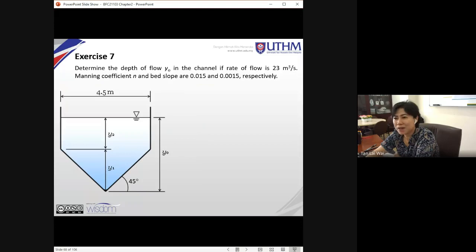And then the bed slope is... Sorry, I think my connection is not very good. And if you look at the triangular section,